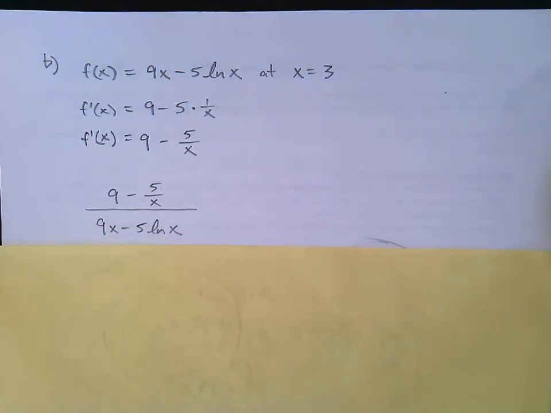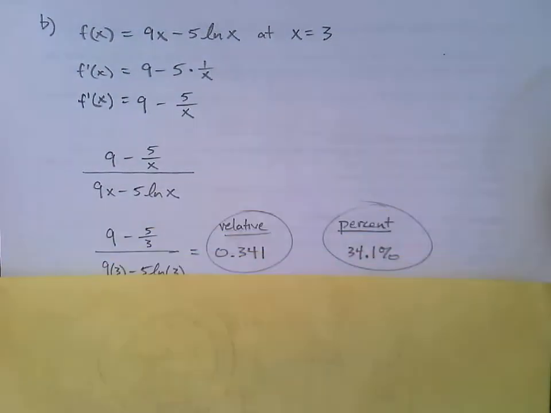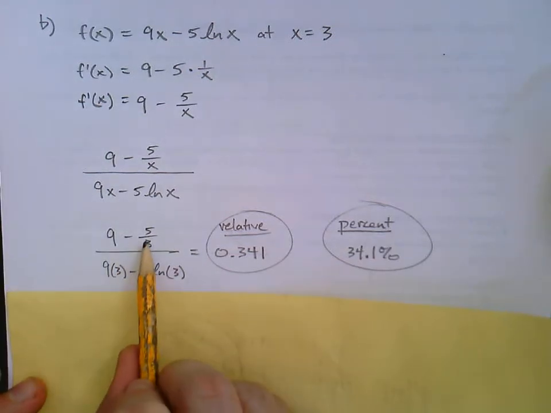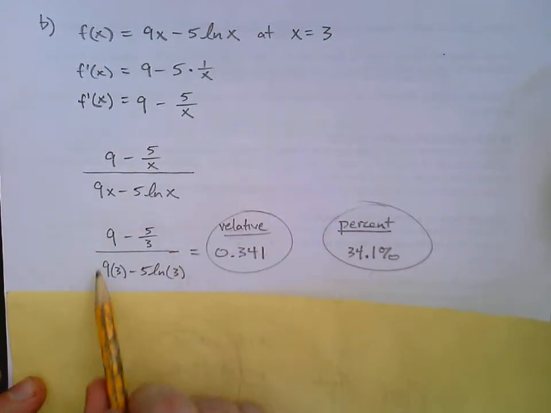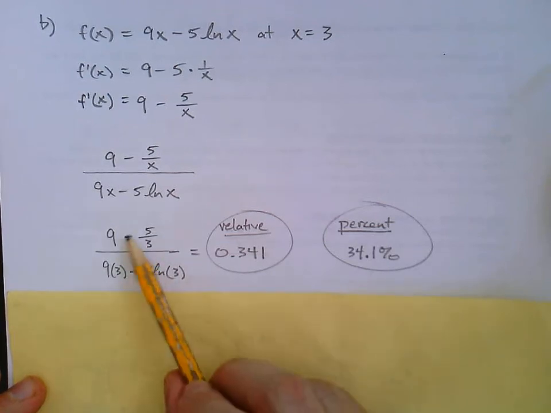And then, well, I'm approaching it in the same way. I'm just putting that derivative function divided by the original function. And then I'm going to plug in the 3. Of course, you could plug in the 3 to each of the original and the derivative function separately, and then divide. Either way doesn't matter. Notice here, doing it this way, I didn't even bother to simplify these numbers. I just did that all at once. 9 minus 5 over 3 divided by 9 times 3 minus 5 natural log 3, all at once,